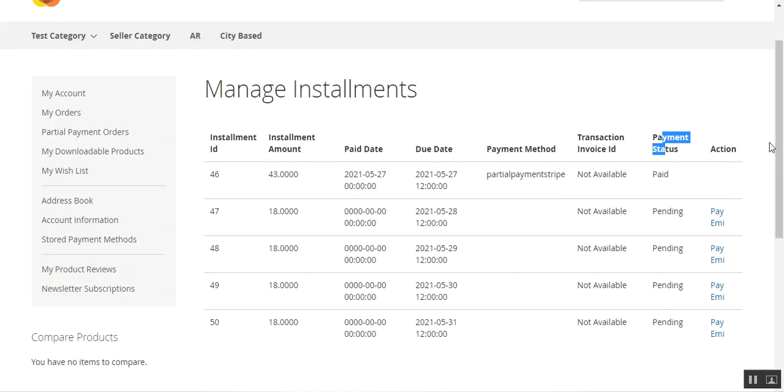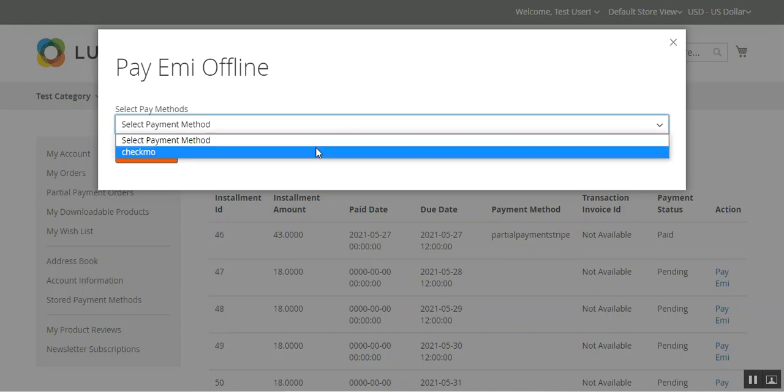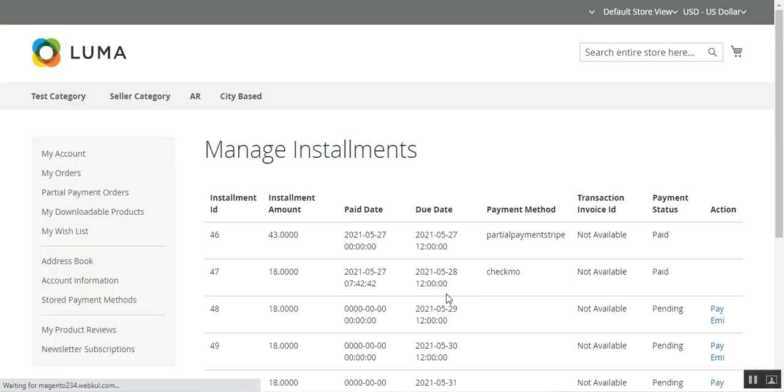Now sometimes it also happens that the customers are not able to make use of the online payment gateway to make the payment there using the Stripe. In that case, they can directly contact the admin, and they can make use of this pay EMI button, and if I tap on that, then they'll be able to make the payment for their EMI using the offline methods. So from the drop down, they can choose the offline method that has been enabled, and then they can tap here on the submit EMI option,